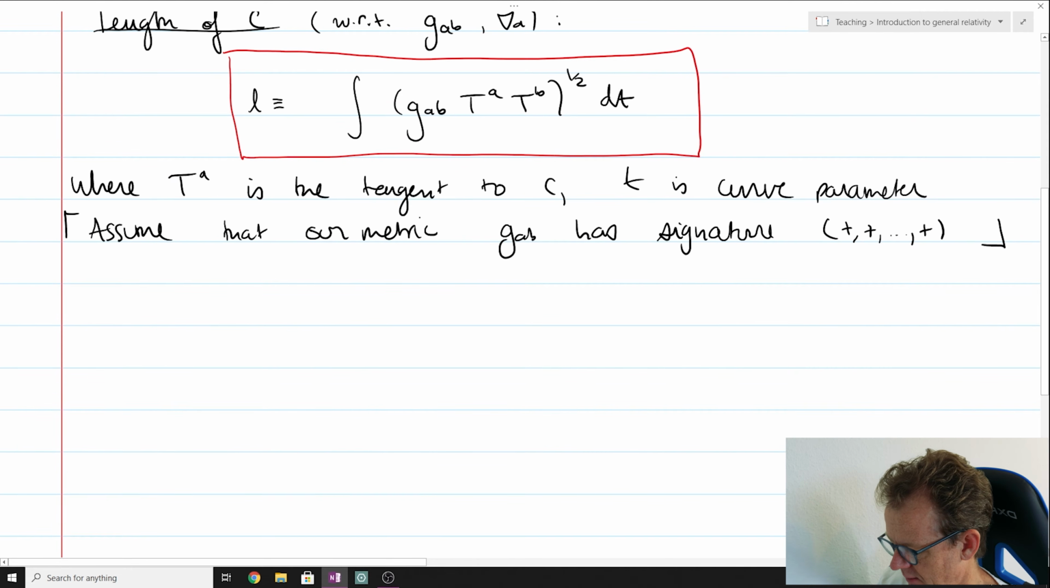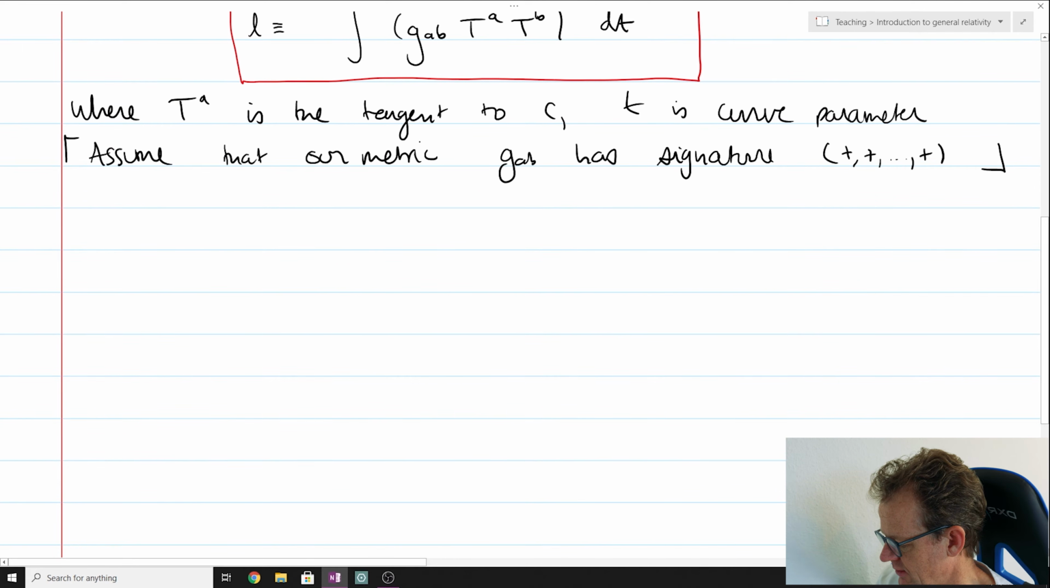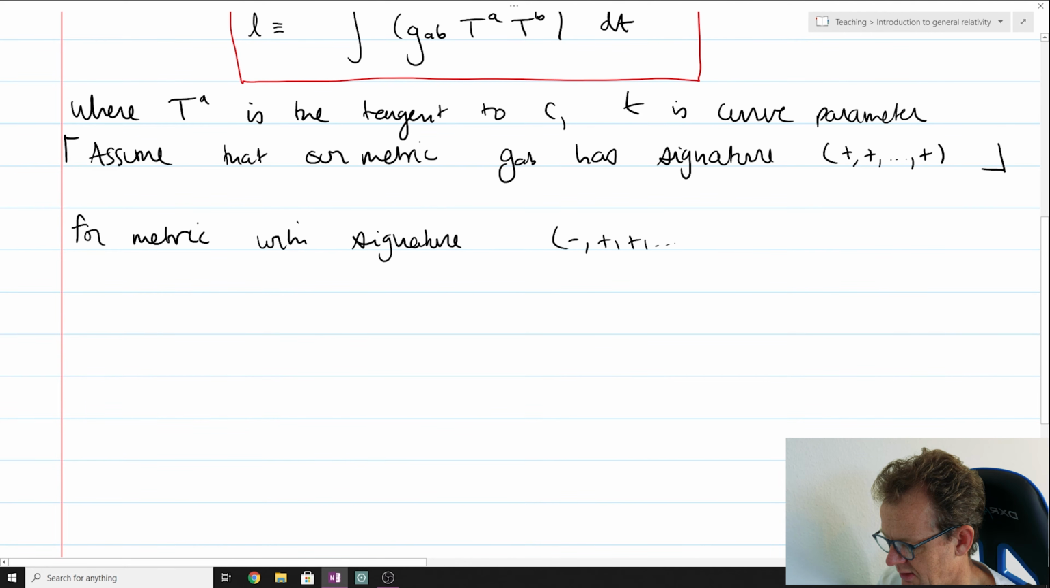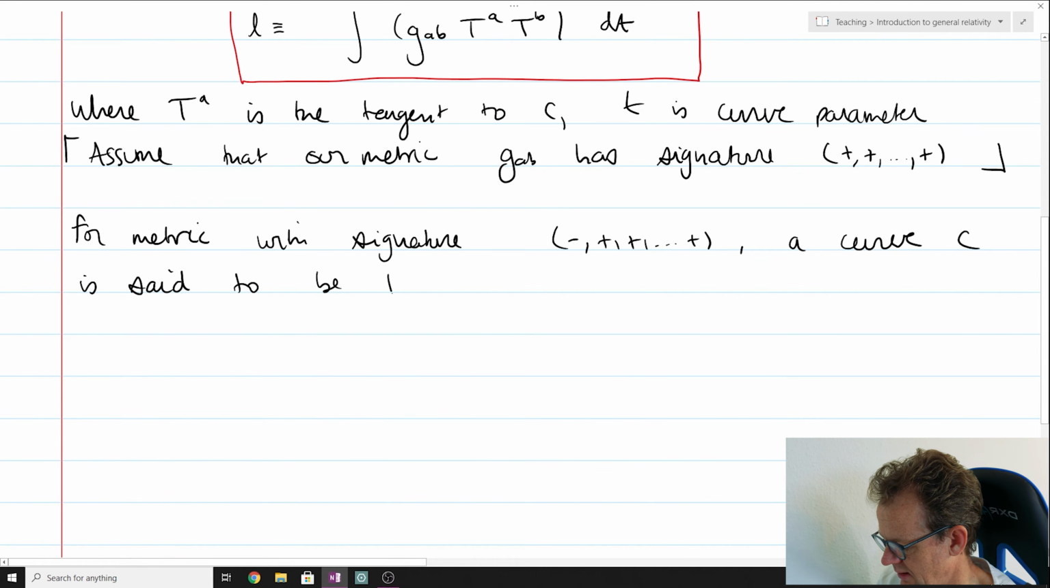And what about for metrics that don't have positive signature? So in general relativity, of course, our metric doesn't always have positive signature. So for a metric with signature, say, -1 plus plus plus, we have to be a little bit more creative with how we define our length. Our curve is said to be timelike